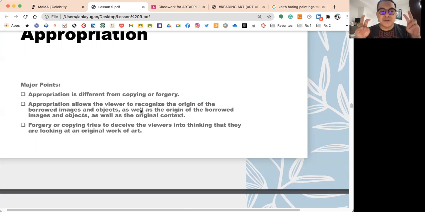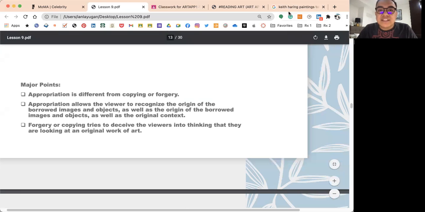You will just borrow the image, but the way that you borrow the image, you also have to make sure that whatever story, context, background, history, idea, etc., about the image that you are borrowing can be transferred to the new thing that you are doing. That's why you are appropriating something, because you are going to carry the story. It's not just a painting or a picture anymore. You are carrying everything about that